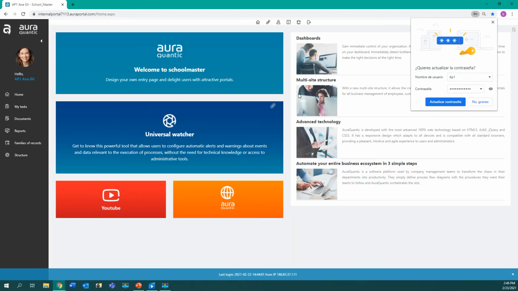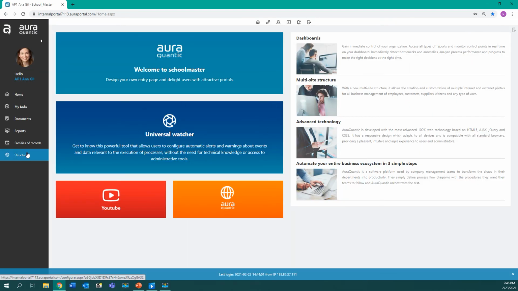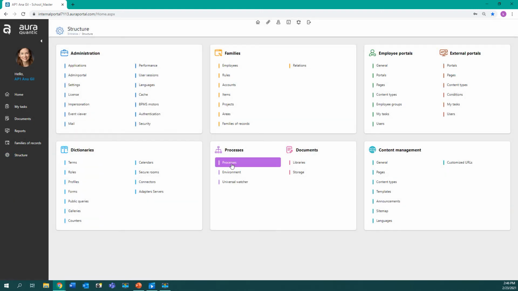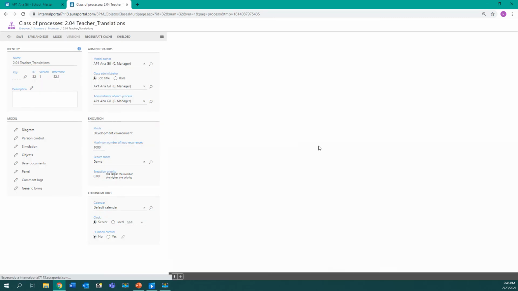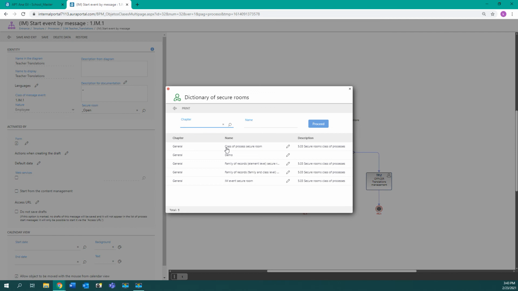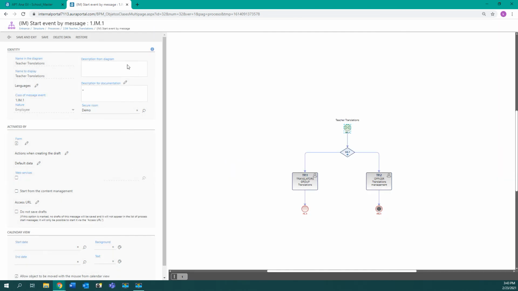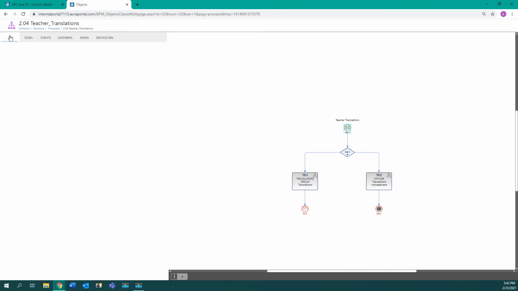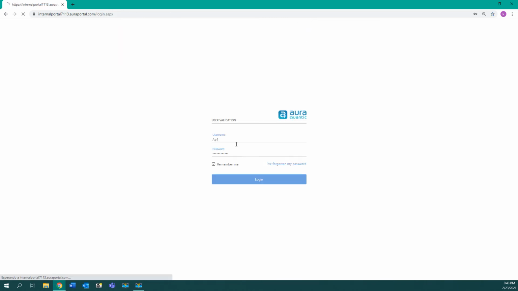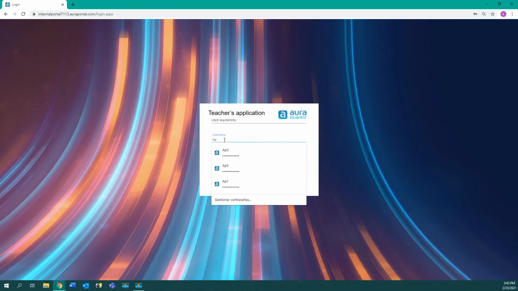And let's apply a secure room now to see what changes. So for that, we need to go to structure, processes, process, IM. So here in secure room, we're going to change open and we're just going to apply the secure room we just created, demo, and save and exit. Save and exit. So now if we go in and log off as AP3,